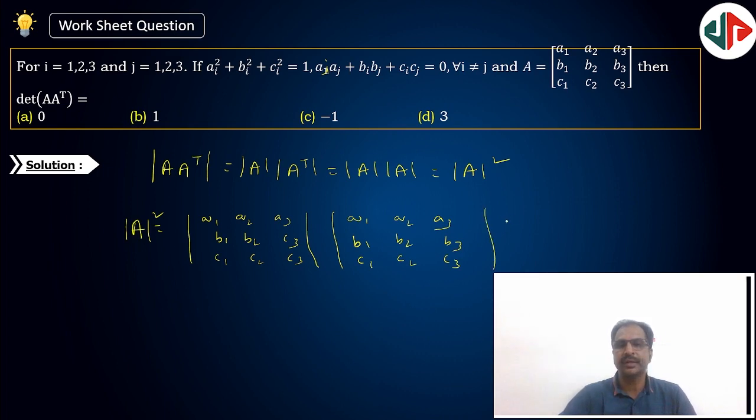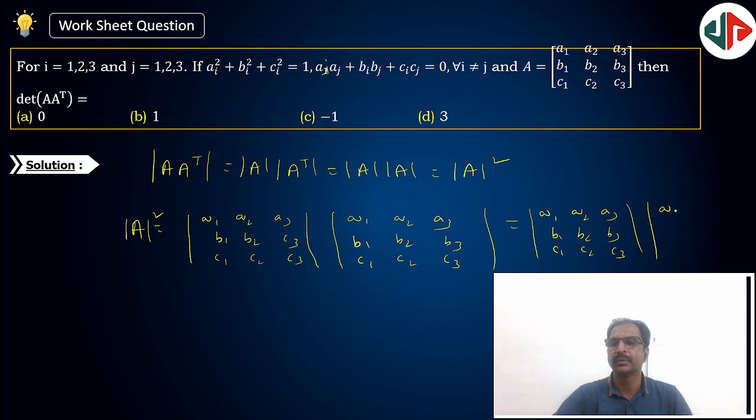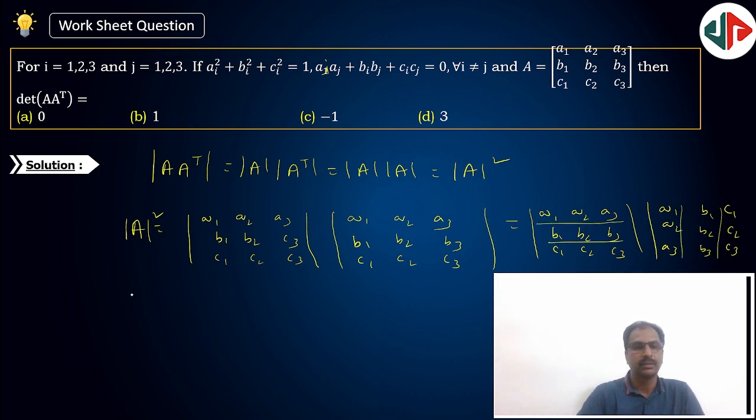Now det A and det A transpose both are same, so you can write like this. Now write the transpose of the second one: A1, A2, A3, B1, B2, B3, C1, C2, C3. Now multiply these two. Then det A whole square is equal to determinant of